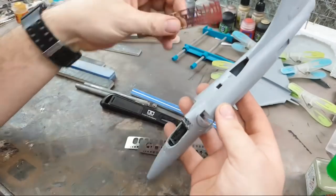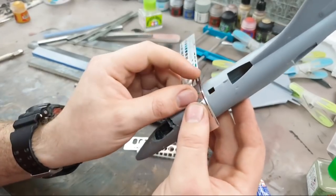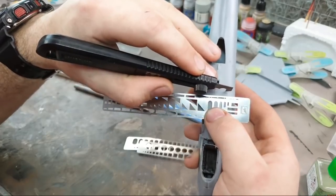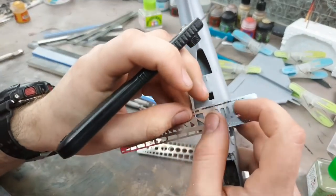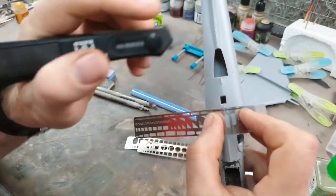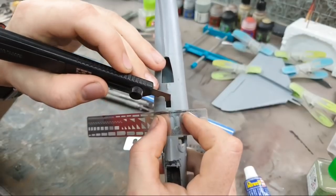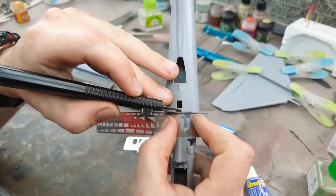For a ruler type thing, we've got a recessed panel line just running along here. What we can do is, if we get our P cutter, where this recessed panel line starts, we can butt up our ruler. And this is the tricky part: trying to hold this on and keeping it nice and steady. We put our P cutter in a recessed panel line, we butt up the template, and then we just run it across where the join line is,